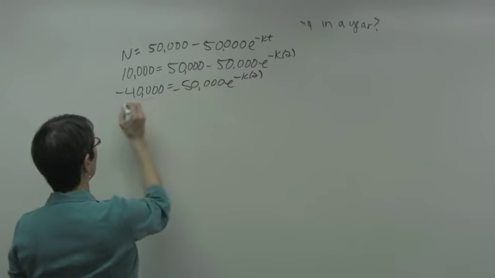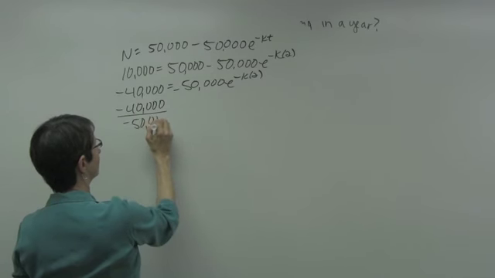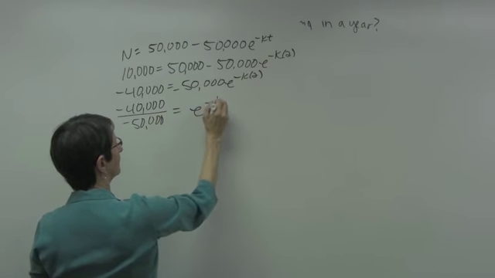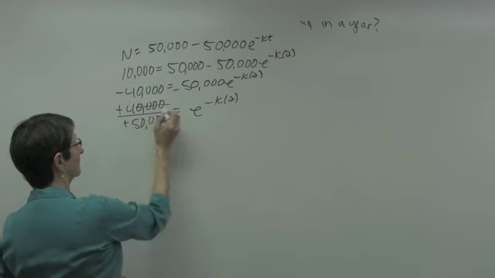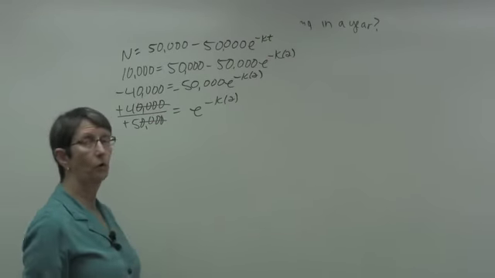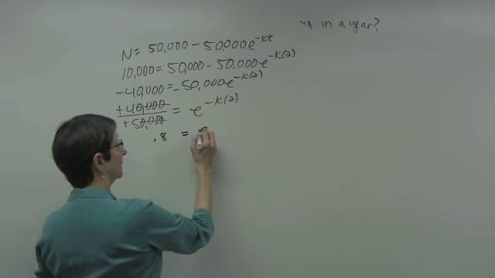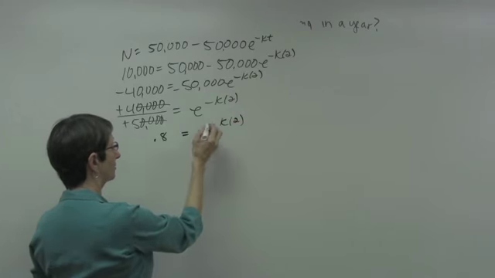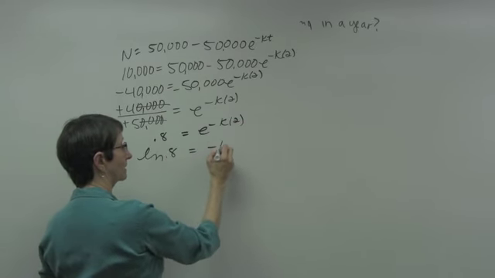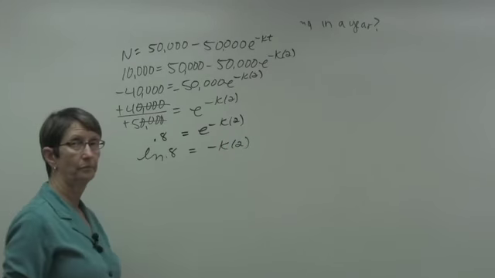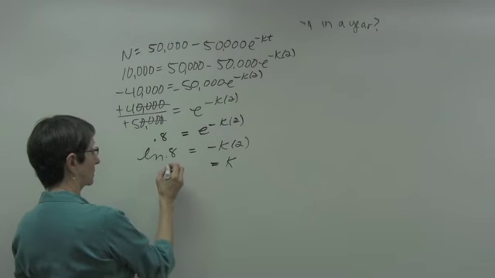I have negative 40 divided by negative 50, which is 4 over 5. 4/5 is the same as 8/10. So when I take the natural log of both sides, the natural log of 0.8 gives me negative k times 2. When I divide by negative 2, which gives me